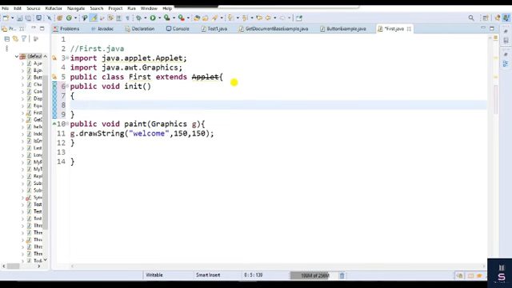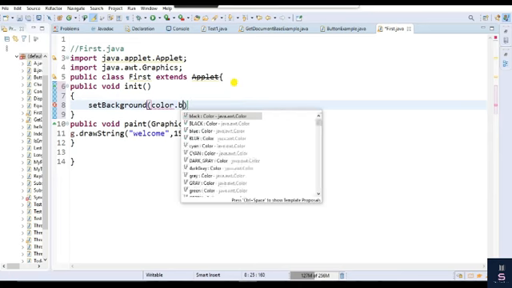And within this init method, because the init method is used to initialize values here. The Applet class has several methods to control the applet viewer, or you can say the applet output. So if I want to use one of the methods, like changing the background color and foreground color, one of the methods is called setBackground. Then within that we have to pass Color.black.